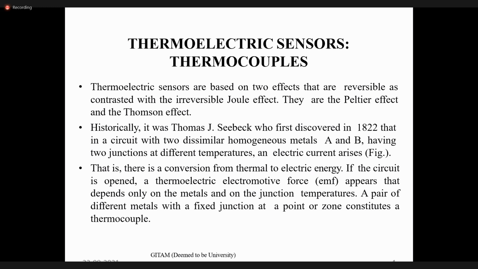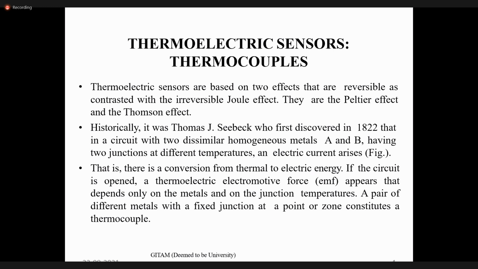Okay. Historically, it was Thomas J. Seebeck who first discovered in 1822 that in a circuit with two dissimilar homogeneous metals A and B having two junctions at different temperatures,